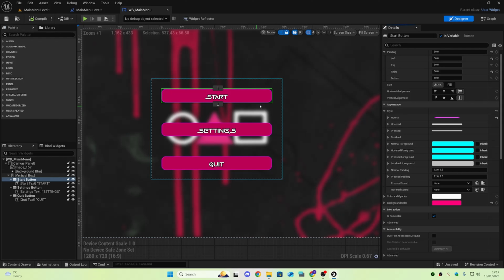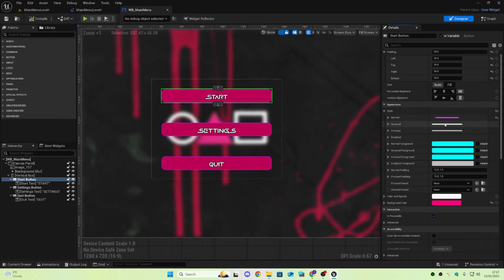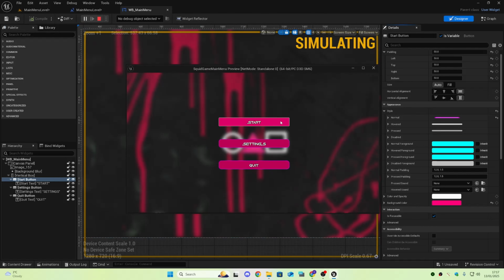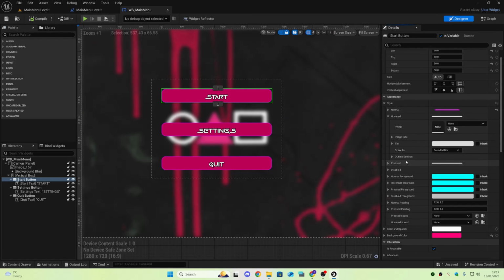So once it's hovered, obviously hovering your mouse, it'll look like this, as you can see, like when I was hovering a minute ago. You can see it turns white and it goes square around the edges, and it lightens up in the background, right? So if we wanted to do this and change this to,